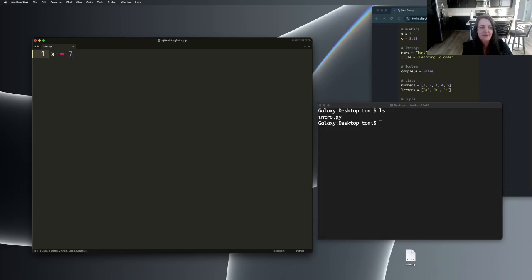So we can say x equals 7. So x is a variable and 7 is the value that has been stored in that variable. So right now, the value of x is 7. And the type of x will then become an integer because 7 is an integer. I'll create another variable y, and this time I'll give it a floating point value. So y equals 3.14. Now y is going to be recognized as a floating point type,